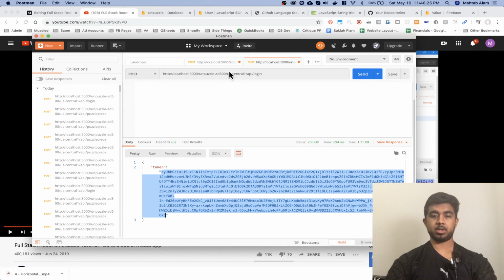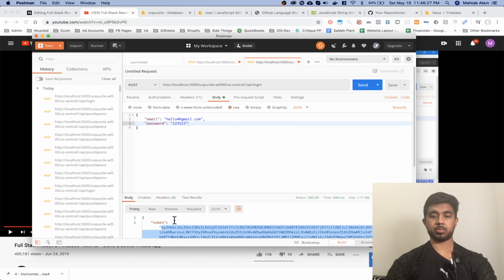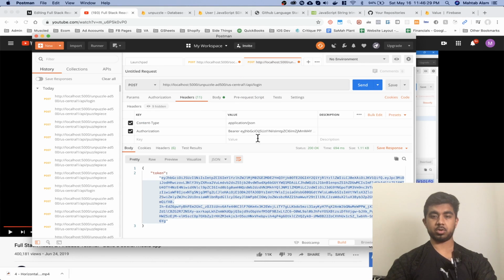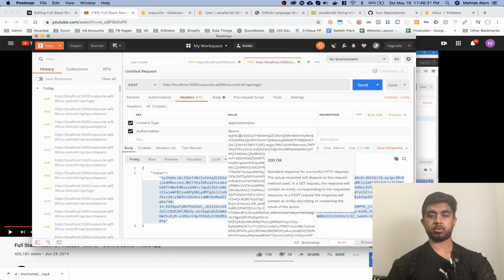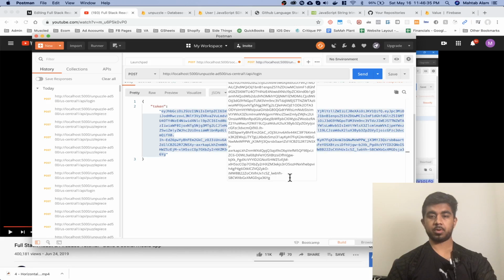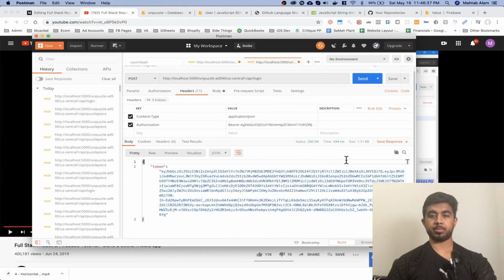And then to post, I'm going to copy that token, go to headers, change the authorization to bearer space token, and now I can use this token to post puzzle pieces in private